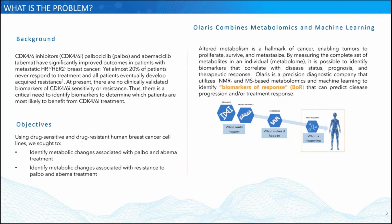So, what is the clinical need here? As we know, CDK4/6 inhibitors have significantly improved outcomes in patients with metastatic hormone receptor positive and HER2 negative breast cancer. Yet, almost 20% of patients never respond to the treatment, and all patients eventually develop acquired resistance. At present, there are no clinically validated biomarkers of CDK4/6 inhibitor sensitivity or resistance. Thus, there is critical need to identify biomarkers to determine which patients are most likely to benefit from CDK4/6 inhibitor